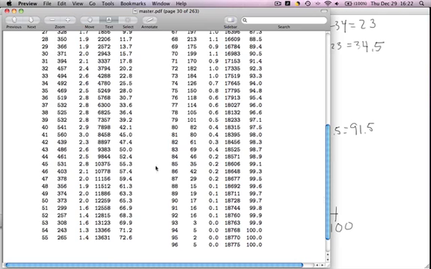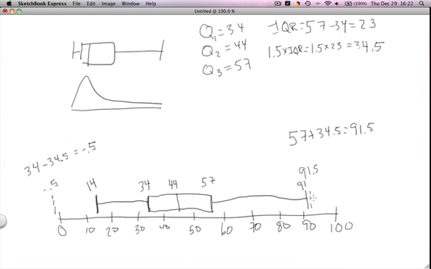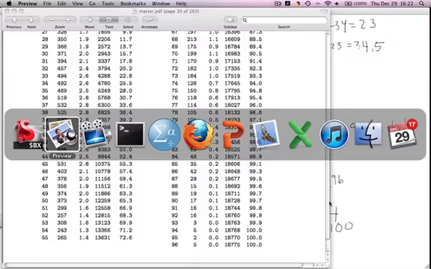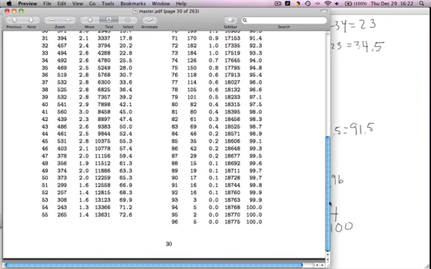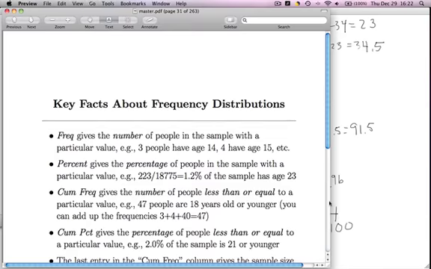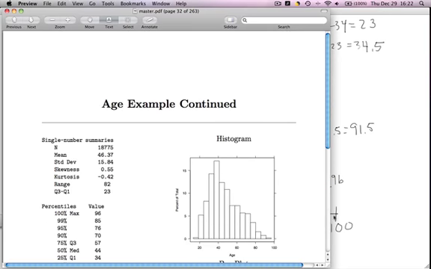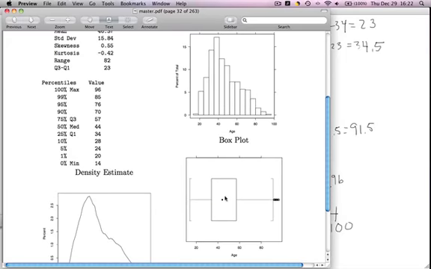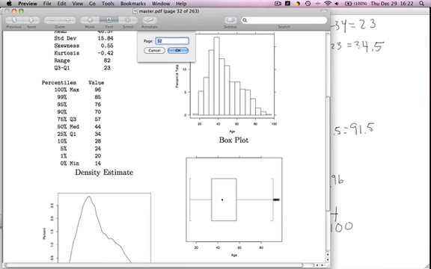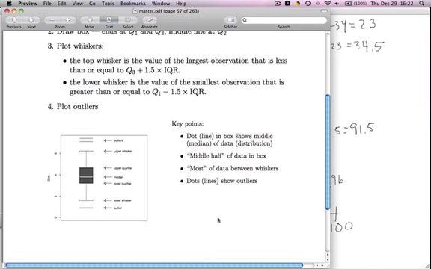Now we're going to see if there are any outliers, and yes there are. So there's 92 through 96. So we need to have some outliers at 92, 93, 94, 95, and 96. And we could label these if we wanted. For example, that's at 96. And that's our box plot. Now if you don't trust me, you can look at what the software does. That's given 2 pages away at the lower end, and you will see exactly the box plot that we just generated. So let's go back to page 57, and so